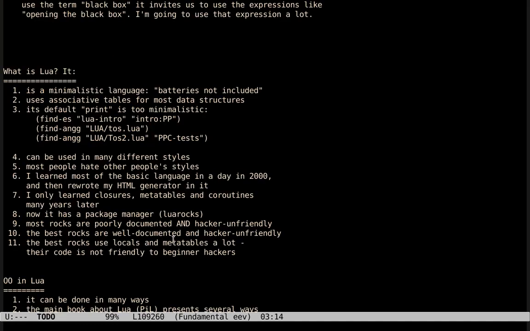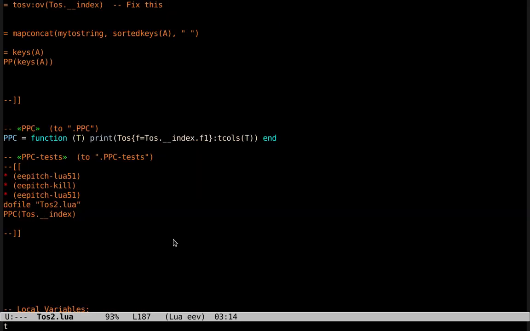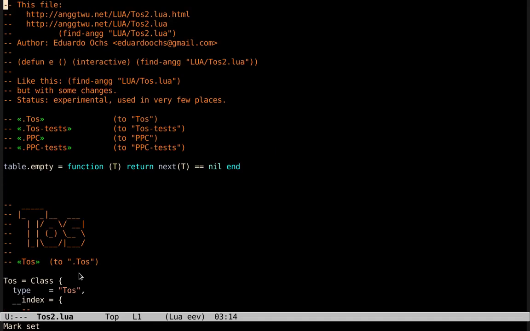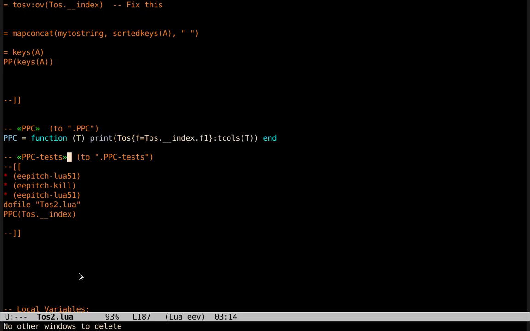And after a while I rewrote it, and I rewrote it again and again and again, and this is one of the versions of that, which is not even the default at this point. TOS is for toString. And this is a demo. It's very modular, so it's easy to replace parts of it or to toggle flags. And this is an example.